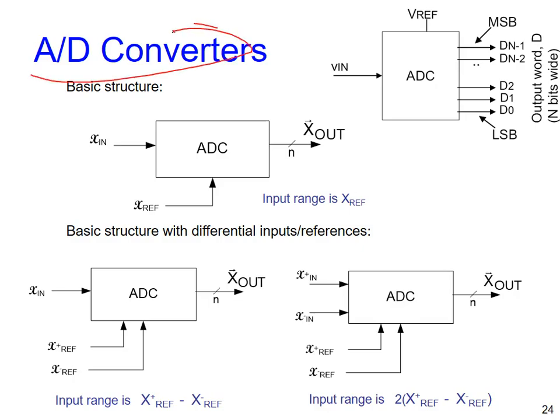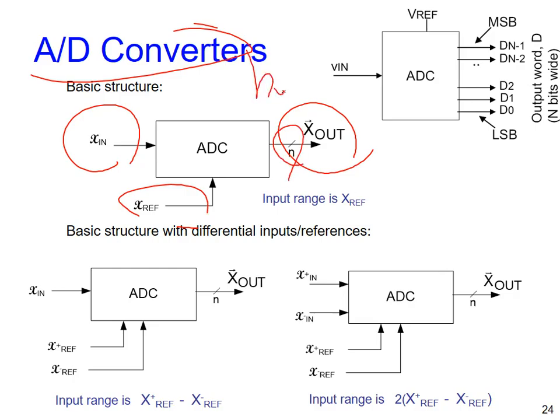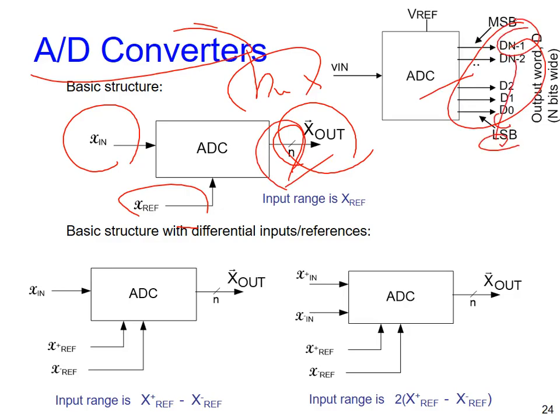For AD converters, this is your input, this is your output, right? And usually, we have some kind of reference voltage. That is the usual case. And for some, it is a bus instead of a single line. A bus means multiple lines in parallel, from LSB D0 all the way to MSB Dn-1.